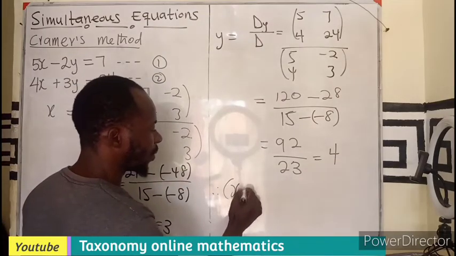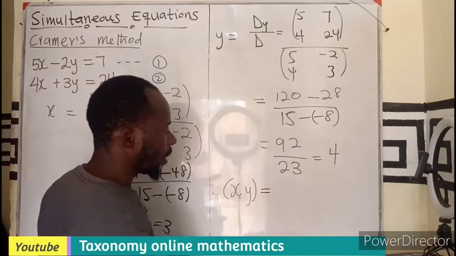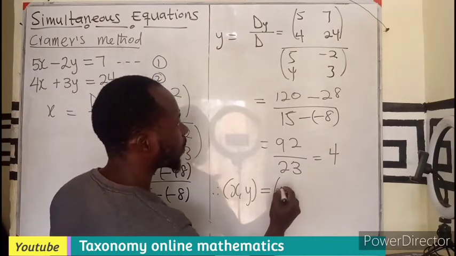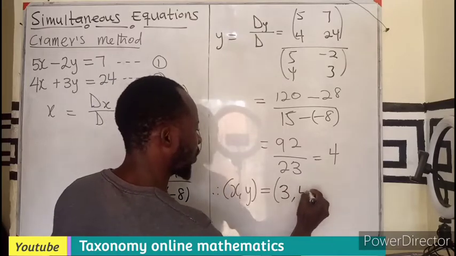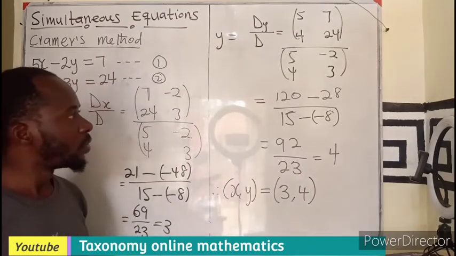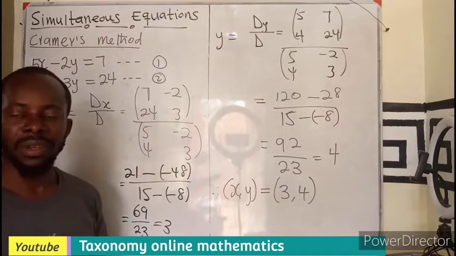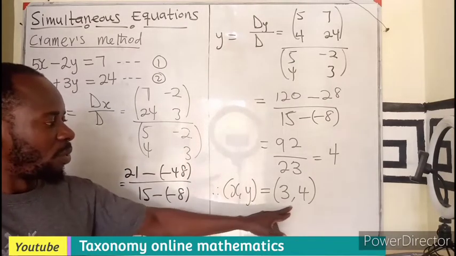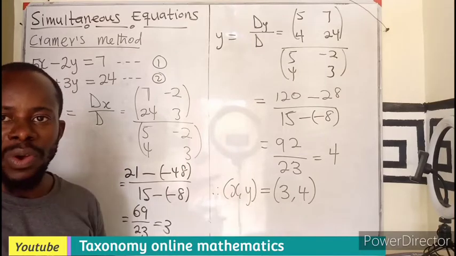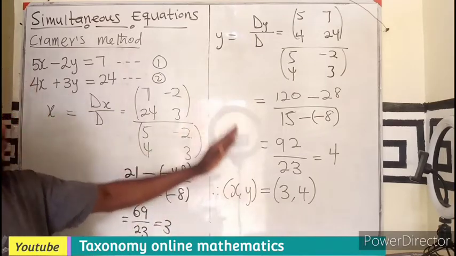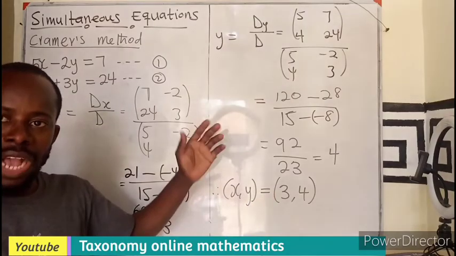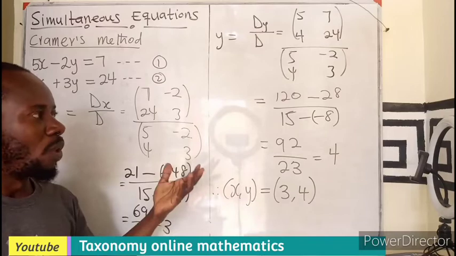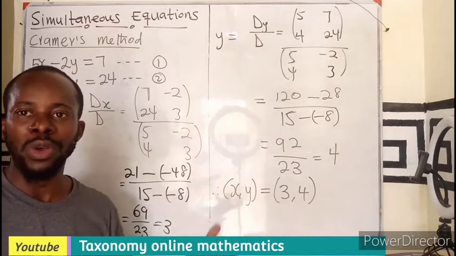Meaning our x, y equals 3 and 4. So this is going to be 3 and 4. Using Cramer's rule, you can use elimination, you can use substitution, you can use Cramer's rule or system of